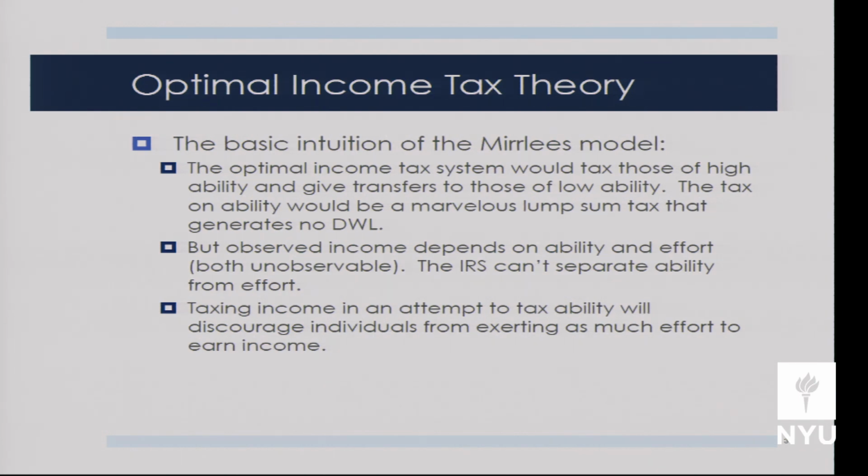It's the ideal tax, right? Because we're taxing those who are more productive, who have more resources given to them in the sense of their high ability, and we're making transfers to the low ability, because underlying this whole model is a social welfare function that's somewhat utilitarian in nature. This is a great theoretical conclusion. It's actually more powerful than I'm suggesting with my tone of voice sometimes, right?